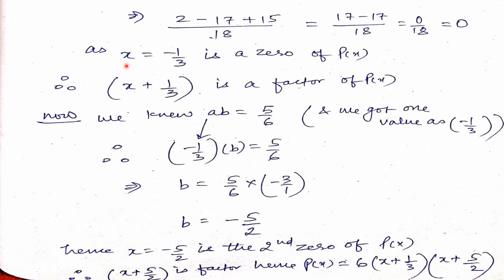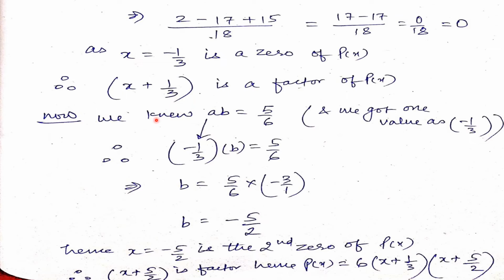I have told you, whatever is the degree of polynomial, we need to find those many zeros. If it is a quadratic equation, we will have to find 2 zeros. If it is a cubic, we need to find 3 zeros. Okay. So x equal to minus 1 by 3 is a 0 of p(x). Or we can say, by taking this to that side, that x plus 1 by 3 is a factor of p(x). Now, our job is not complete, because we need to find the other factor also.